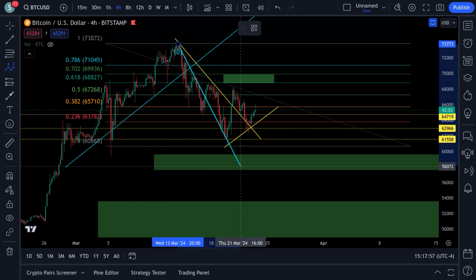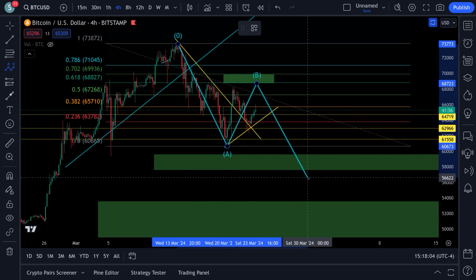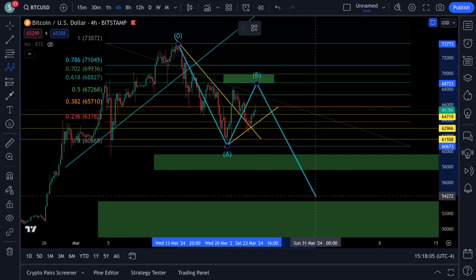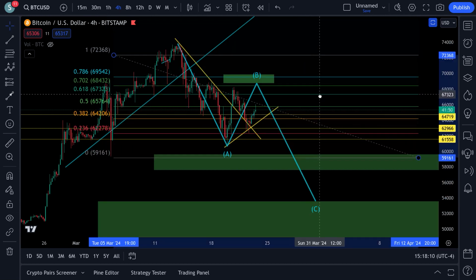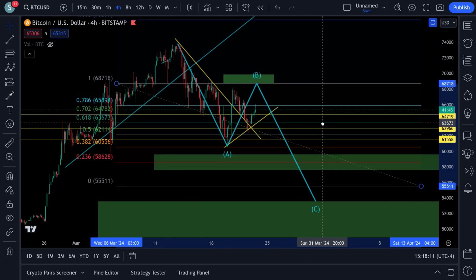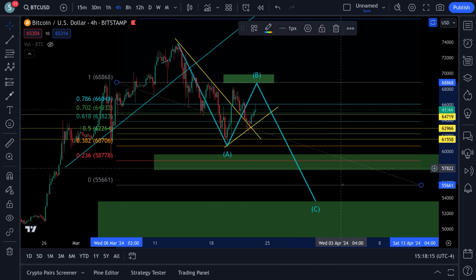Okay, you have your A, B. And what would make sense about it pushing back up is that we get some things out of some price areas that are getting a little scary for it. Okay, a C leg down from here would actually put it up here,